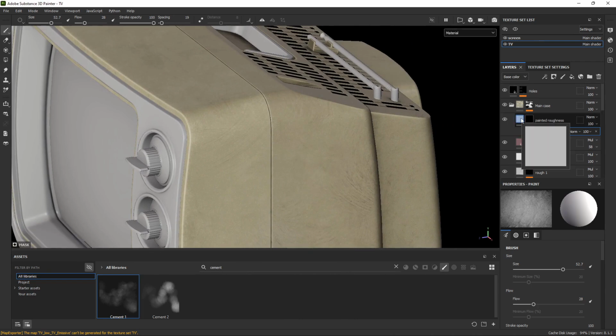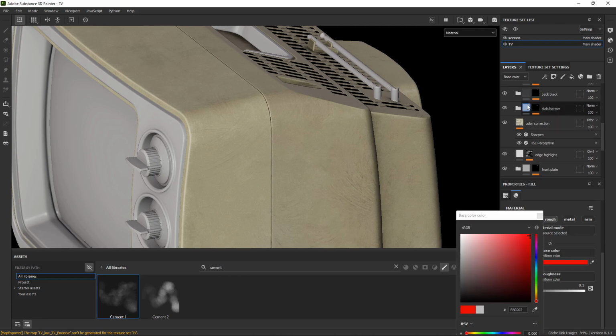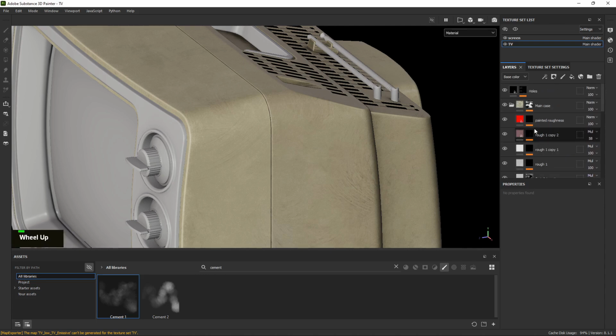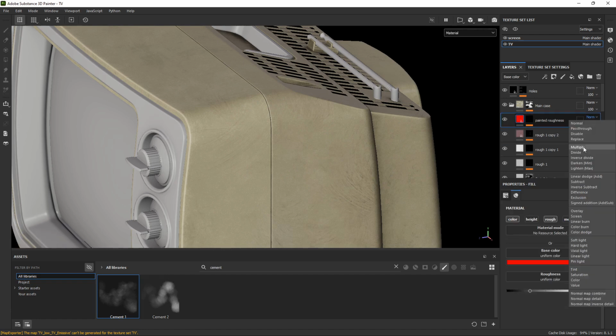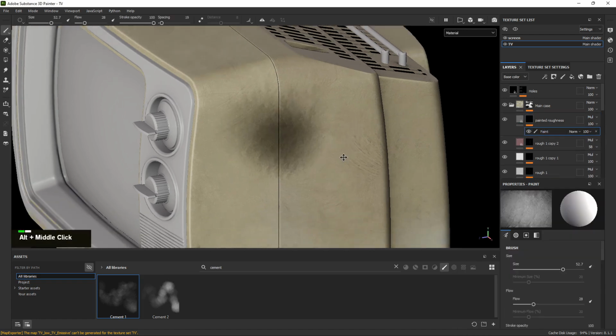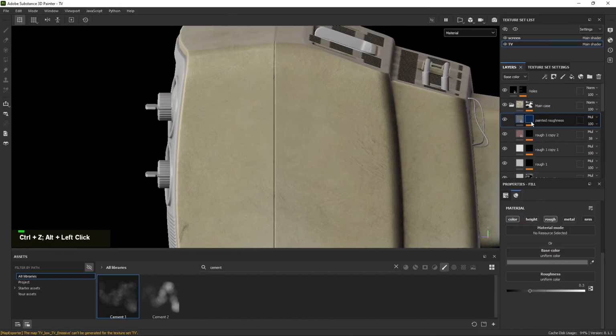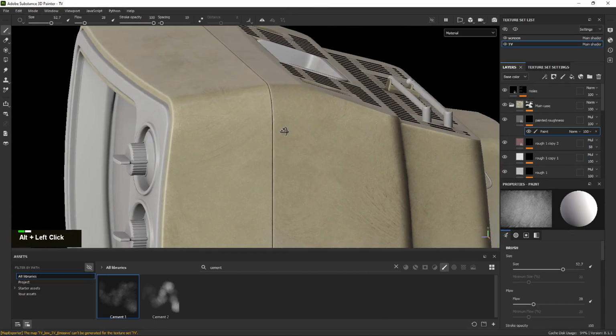So, I'm trying to think. I want it to be darker, so I'm gonna put on multiply. Yeah, something like this maybe. And the roughness probably 0.6. Yeah, 0.65. I don't want everything to be the same roughness, you know? So, yeah, now I'm just gonna,